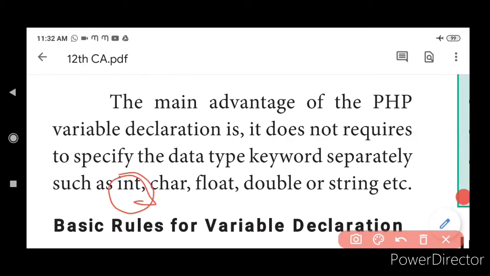If I am going to use any characters, say for example, yes or no, $A is equal to Y, then I will be using a data type called char. And if I am going to use any decimals, $A is equal to 2.3, it is a decimal number, right? If I use anything like that, I will be using float or double.